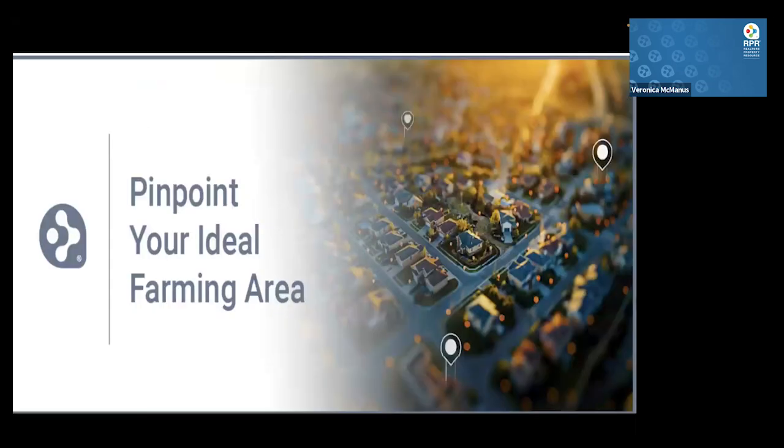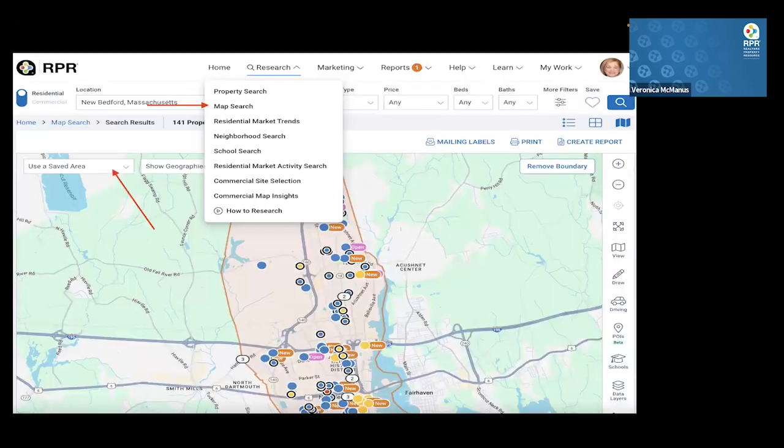So let's talk about calculating turnover rate first by pinpointing your ideal farming area. The instructions are going to show you using the home page, our map search under research. You can see at the top of the page, you have several tabs: home, research, marketing, reports, help, learn, and your profile. The instructions are going to tell you to start with research,